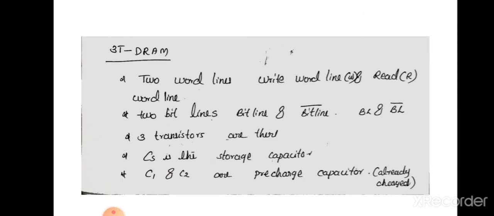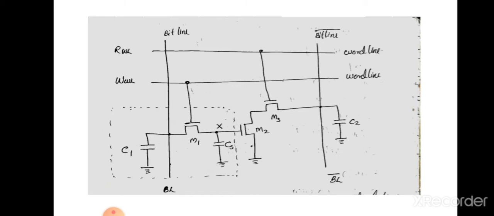Let us see the circuit diagram first. Here you can see the circuit diagram for a single 3T DRAM cell. It represents a single memory cell, and there are 3 transistors, M1, M2, M3. That is why it is named 3T DRAM. It is called dynamic because the data storage element is a capacitor. You can see the capacitor, that is CS. This is the storage capacitor, and it acts as the memory storage element. This is an important point.